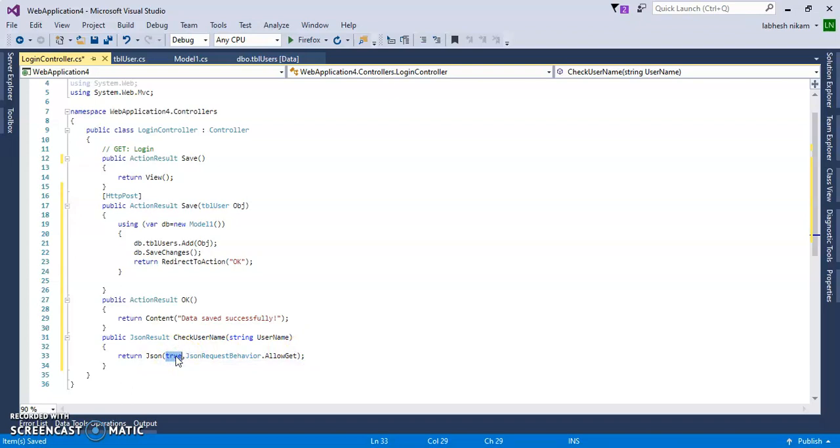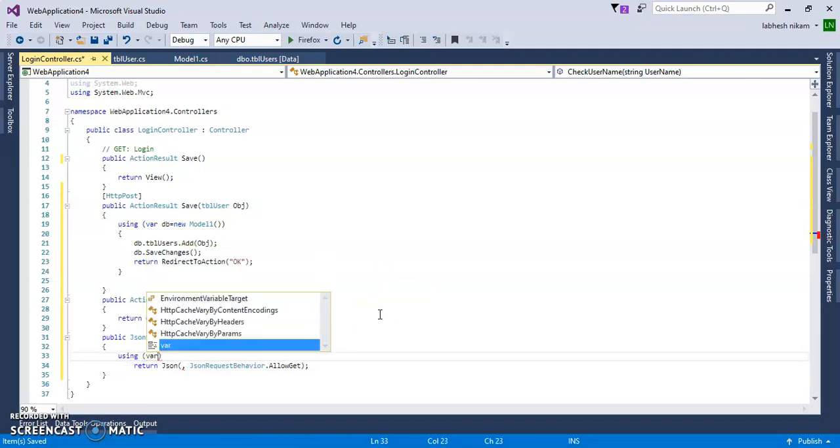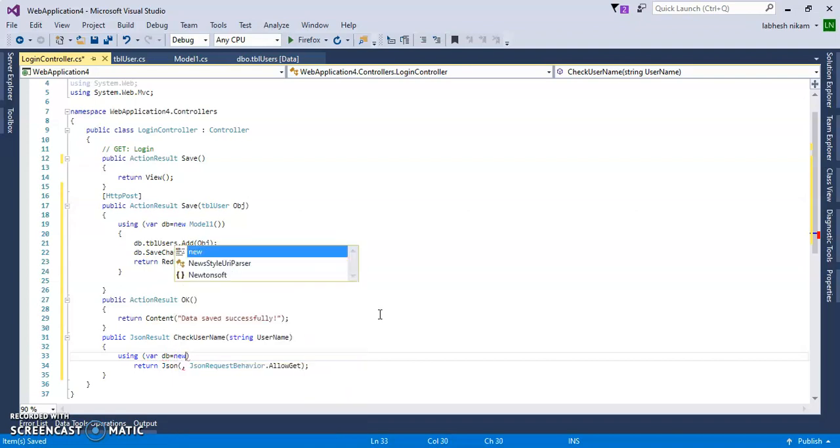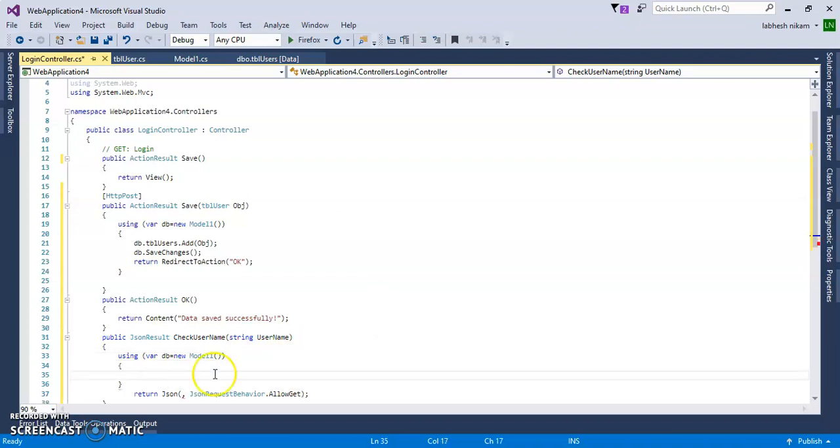So if not db dot, for that we have to create a variable, so using var db equal to new Model1, and in these curly brackets we will pass this return Json.